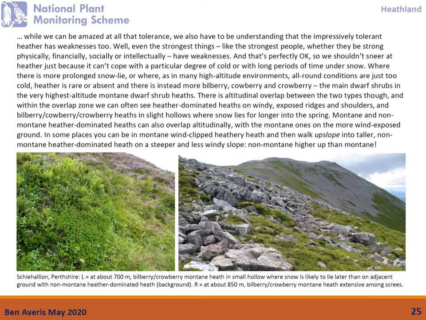Another example of that is where you have little hollows in what is generally not quite up into the montane zone. So you're at the upper limits of the non-montane dry heath category, and you've got little hollows in there where snow lies for just that bit longer because they're little depressions and they're high up enough. Because of that longer snow lie, it's not so good for the heather, and you get some montane species that can take that kind of cold growing quite well in there. And actually the photo on the left is an example of that. It's a kind of dwarf shrub heath that's almost like a snowbed heath,